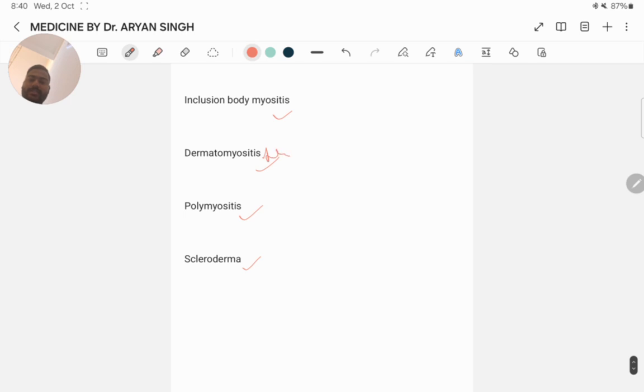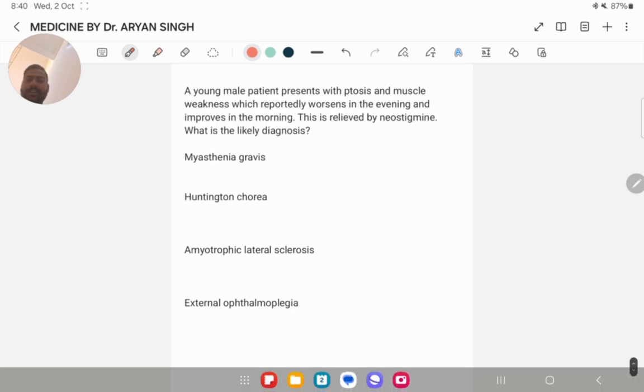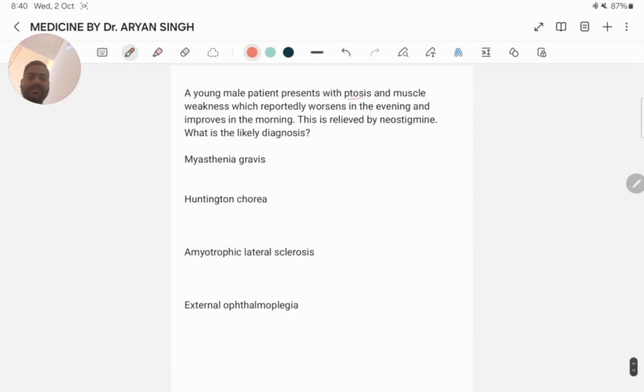Here the answer. Next question: a young male patient presents with ptosis and muscle weakness, which is reportedly worse in the evening and improves in the morning. This is relieved by neostigmine. What is the likely diagnosis? Myasthenia gravis, Huntington chorea, hematopoietic sclerosis, external ophthalmoplegia. Here the question features are muscle weakness, worse in the evening and improves in the morning, and relieved by neostigmine. The answer is myasthenia gravis, because myasthenia gravis is an autoimmune disorder characterized by